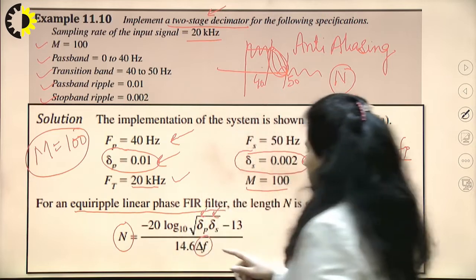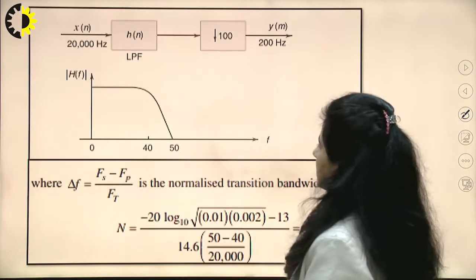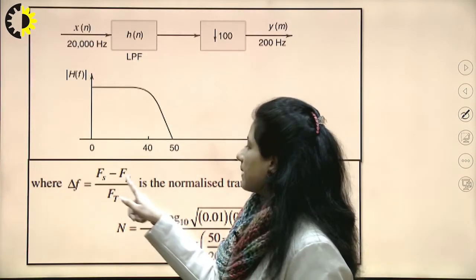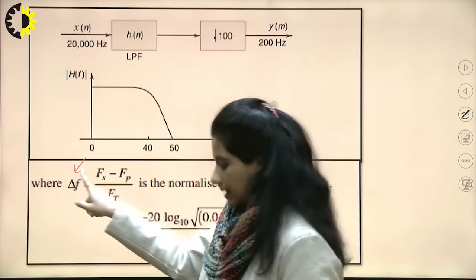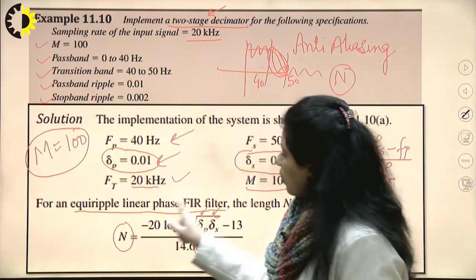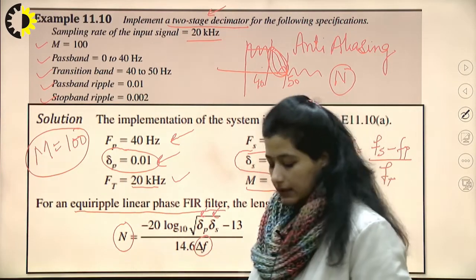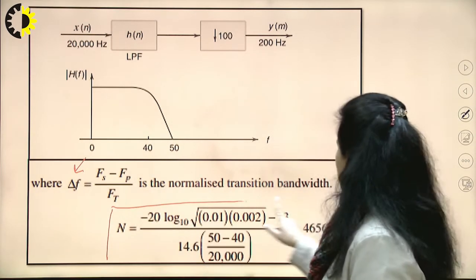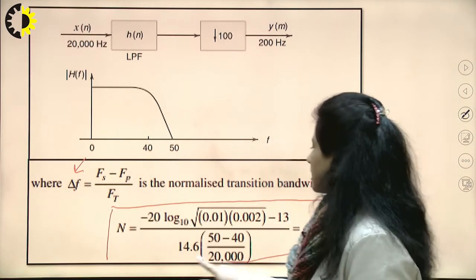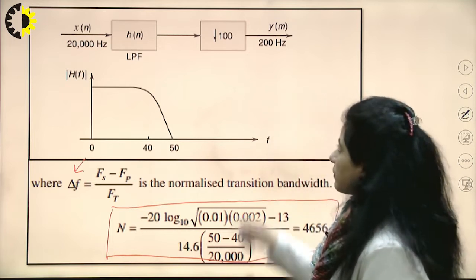So simply, delta f can be calculated as 50 minus 40 divided by 20,000. Putting all these values here, I can calculate the order of the filter, which comes out to approximately 4,656.